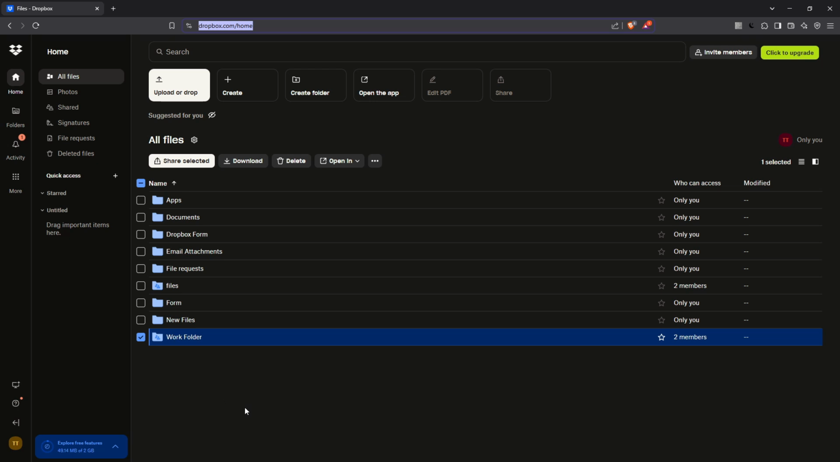Next, you'll need to locate the folder you want to leave. Now, this could be a shared project folder where you've been contributing files, or maybe a team resource folder that you no longer need to be part of. The important thing is to make sure you identify the correct folder, as leaving it will sever your access to